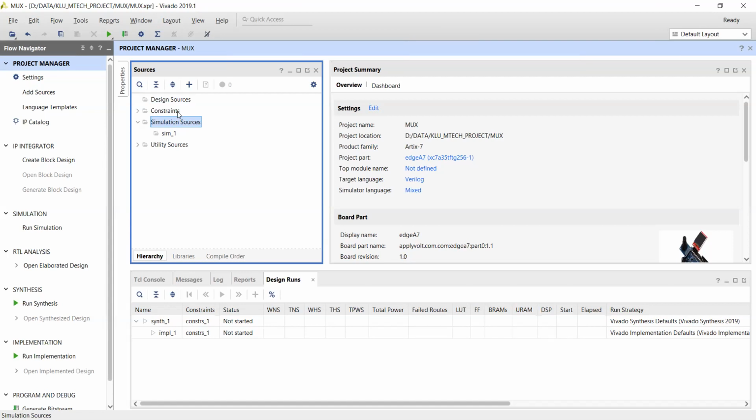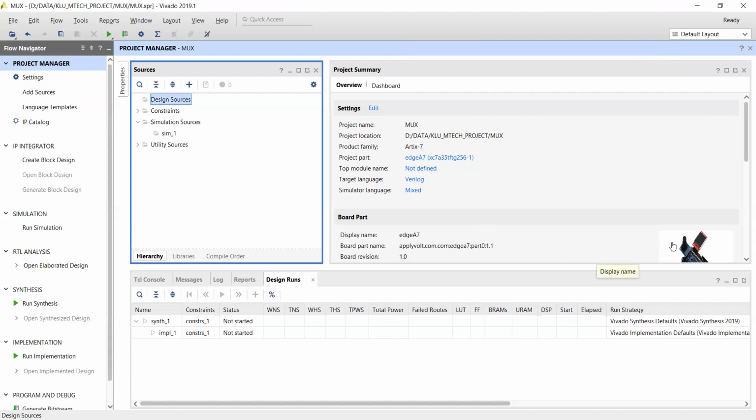Coming to the constraints, they are nothing but the pin numbers or IO or pin bank for your hardware. You want to assign the pin descriptions for the design source code with respect to your targeted technology.